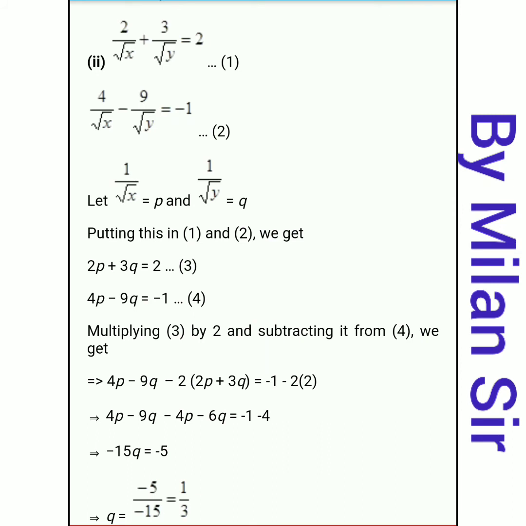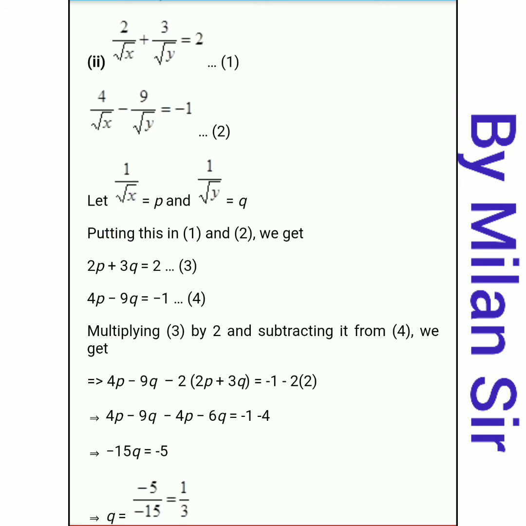Now in equation 3 and 4, here we have 3q, here we have 9q. If we multiply equation 3 by 3, then 3 3s are, it becomes 9q, right? So our one term becomes same. Okay, and here plus sign is there, here minus sign is there, so already different sign is there, so we do not need to change the sign. That's why we can use addition process. Okay, we can use addition process here if we are going with q, right?